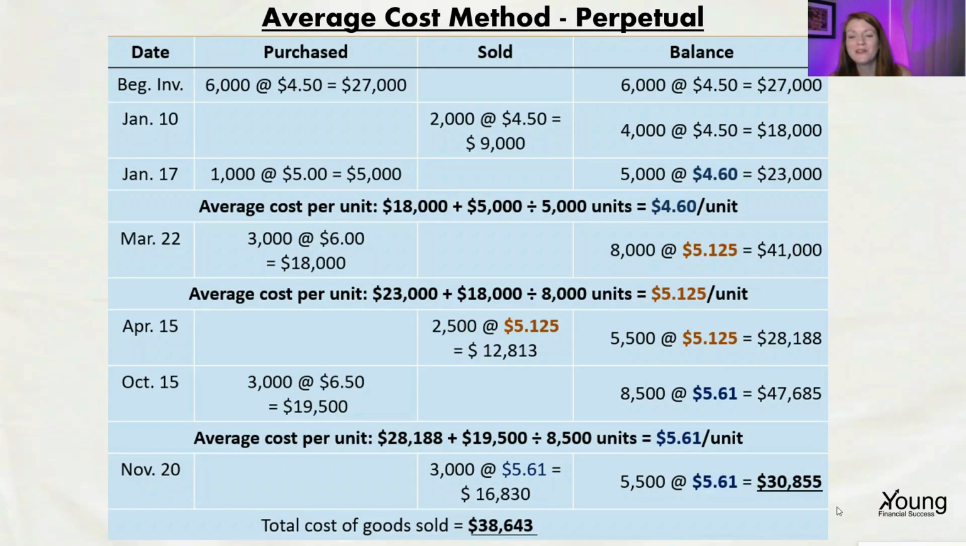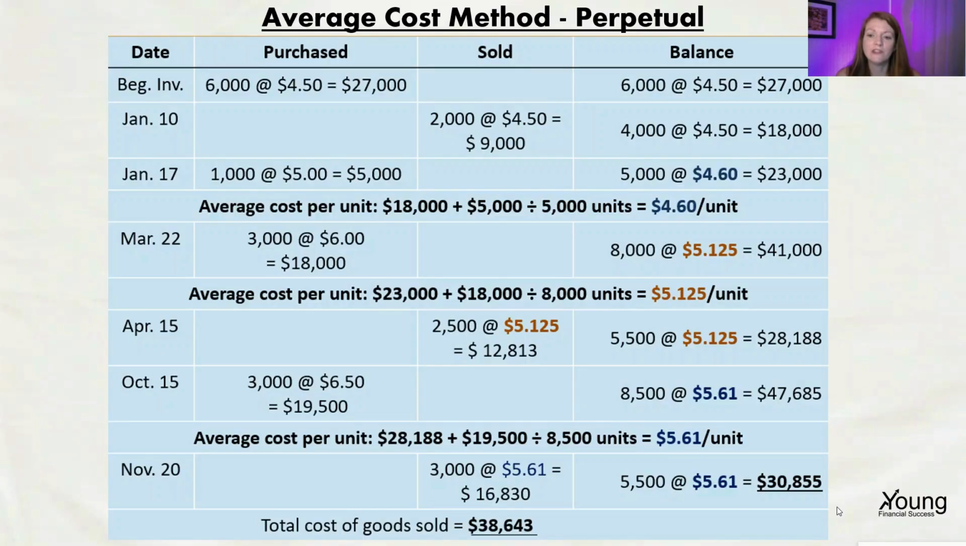Then we purchased another 3,000 at $650. So we put in another $19,500. So we're going to take our ending balance of $28,188, and this is our third bold line that says average cost per unit, plus the $19,500 we just spent, divided by the total units that we have now of 8,500. That gives us an average unit cost of $5.61. We multiply that times the $8,500, and we have